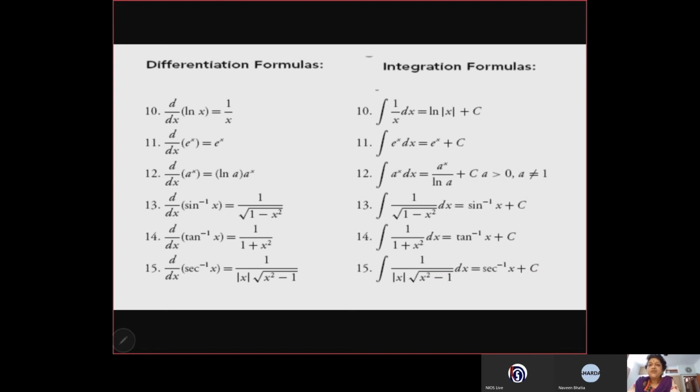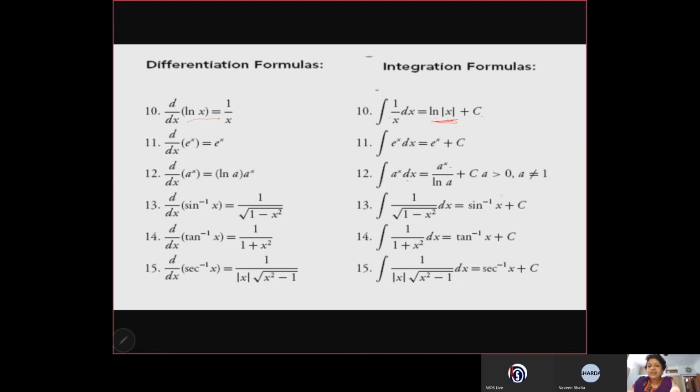Similarly, the derivative of log x is 1 by x. The integral of 1 by x dx, we put it as log of mod x plus c. We are aware that log is not defined for negative real numbers. So we use the modulus sign, log mod x plus c. The derivative of e to the x is e to the x, so the integral of e to the x also remains the same. The derivative of a to the power of x is a to the power of x log a. So the integral of a to the power of x would be a to the power of x upon log a